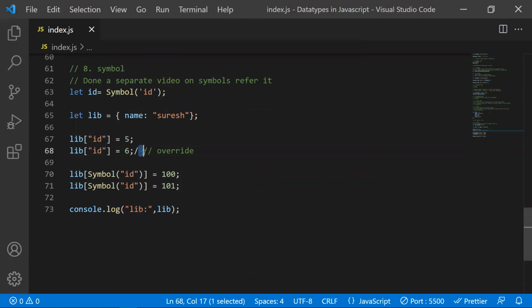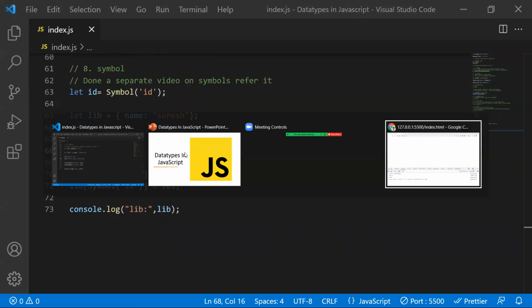Whereas here, this will not override, because you are using a symbol with the ID, and a symbol will always return a unique identifier. So if you print here, these two values will come because this will not override. Whereas here only 6 will come, because 5 would be overridden by this 6.